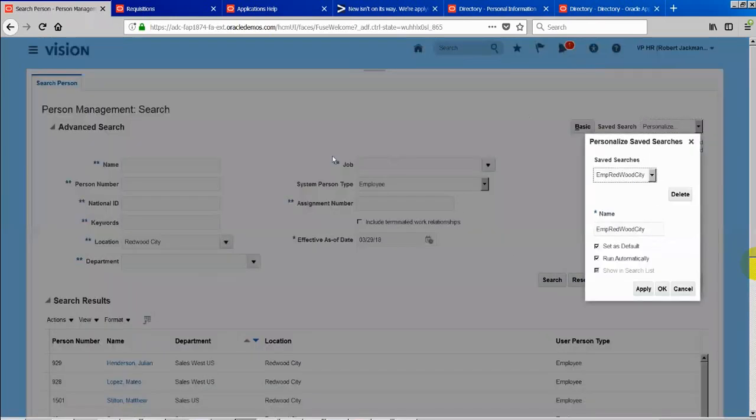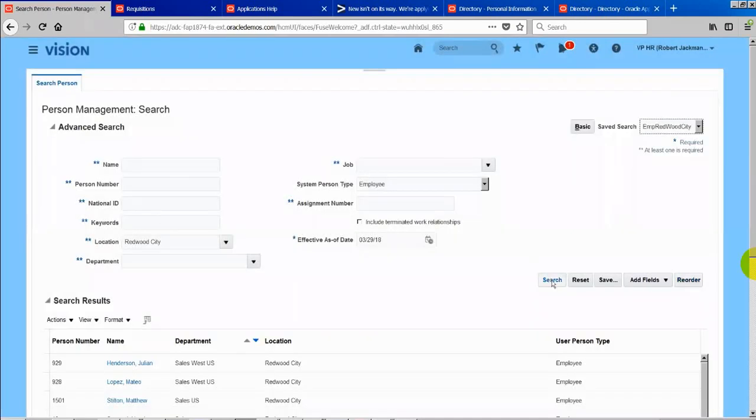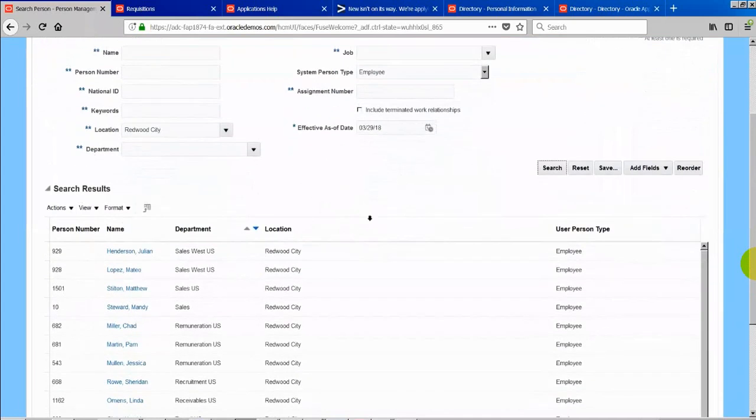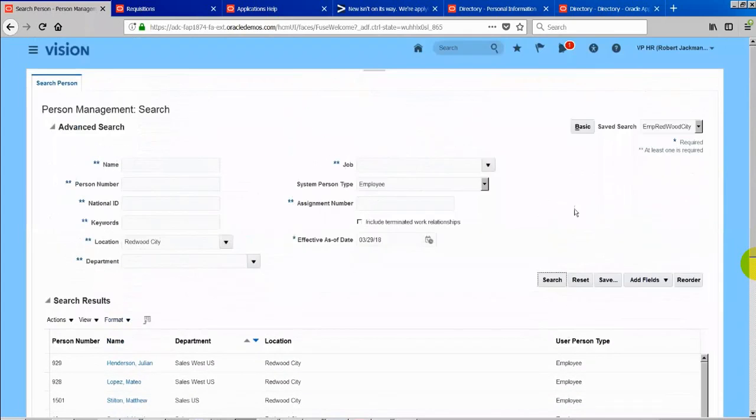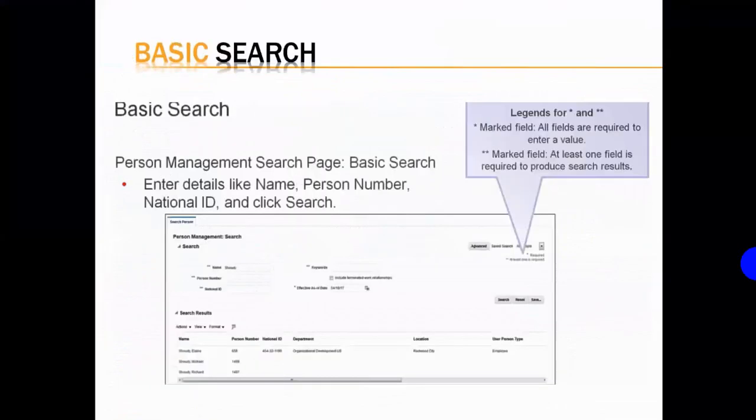So every page where you can see the search, you will be seeing the basic search, advanced search, saving the search, and setting the properties at search level. Whenever we navigate to the page, it will display the data based on our search criteria. Exactly. If it is run automatically, it's nothing but entering the data and clicking the search button, the kind of default data that we can see.